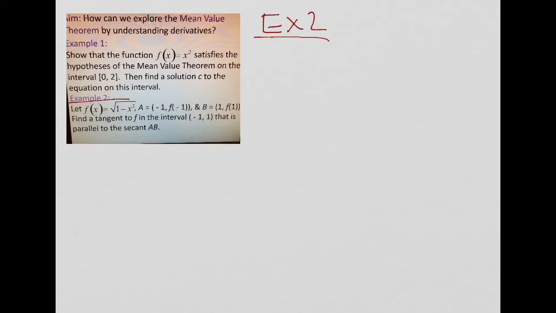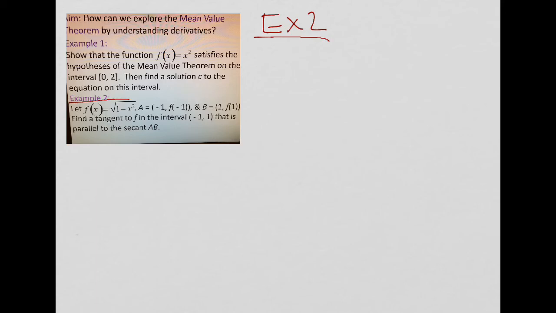Okay, so we have a different function. You should identify the function. It's a positive square root, difference between perfect squares, number, variable. So this is a semicircle above the x-axis. And we have the points A and B. Find a tangent to f in the interval from -1 to 1 that is parallel to our secant A to B. So in example 2, this is a little bit different, because in example 2,